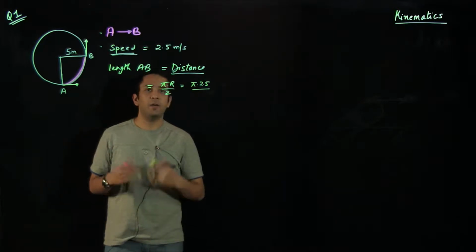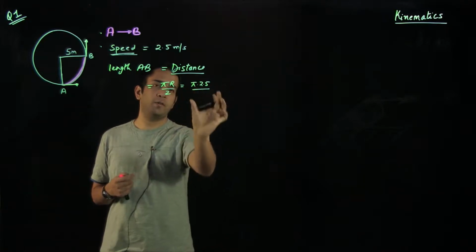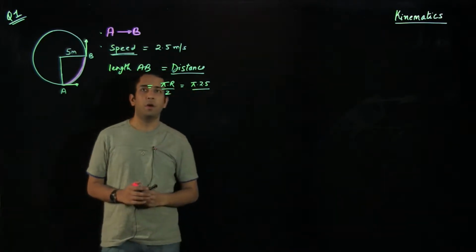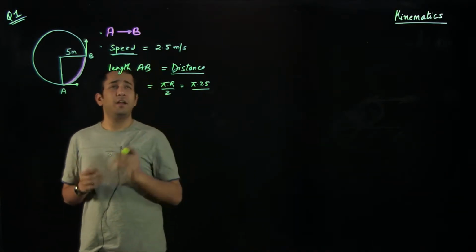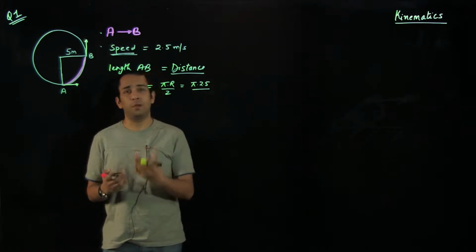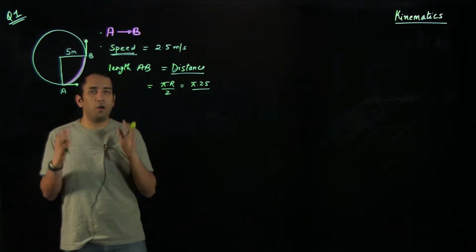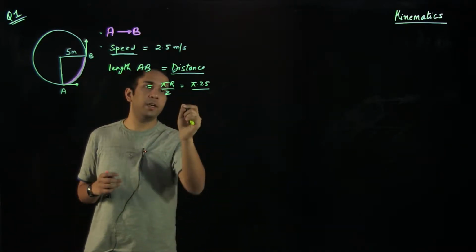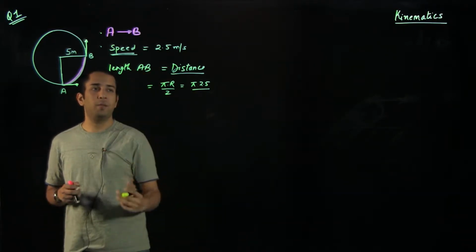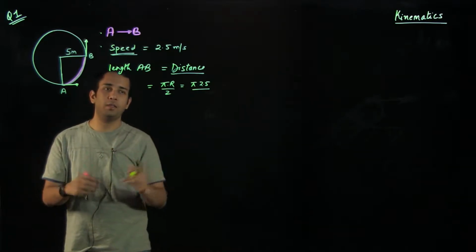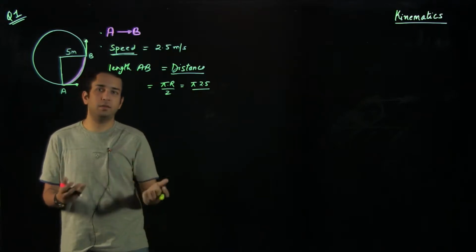One interesting thing is that I could have used the value of pi as 3.14 and found the actual value, but it is not necessary right now, because we have to notice all these concepts in a question. The speed given is 2.5 as well, so it's possible that I might be cancelling out 2.5. So it's not always good to put the value of each and everything and then solve it. Many times it's good to just put the values of the variables in the last step, so that whatever cancellation should have happened, happens before that.